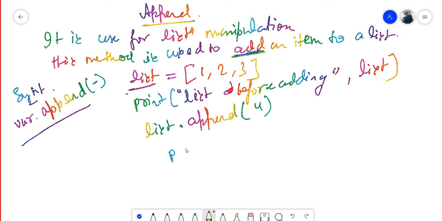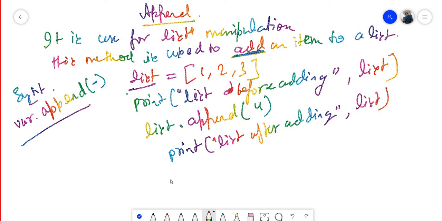Okay, now when you print list after adding, this is the way to add the value. Now we use this same one. Now suppose that if I will